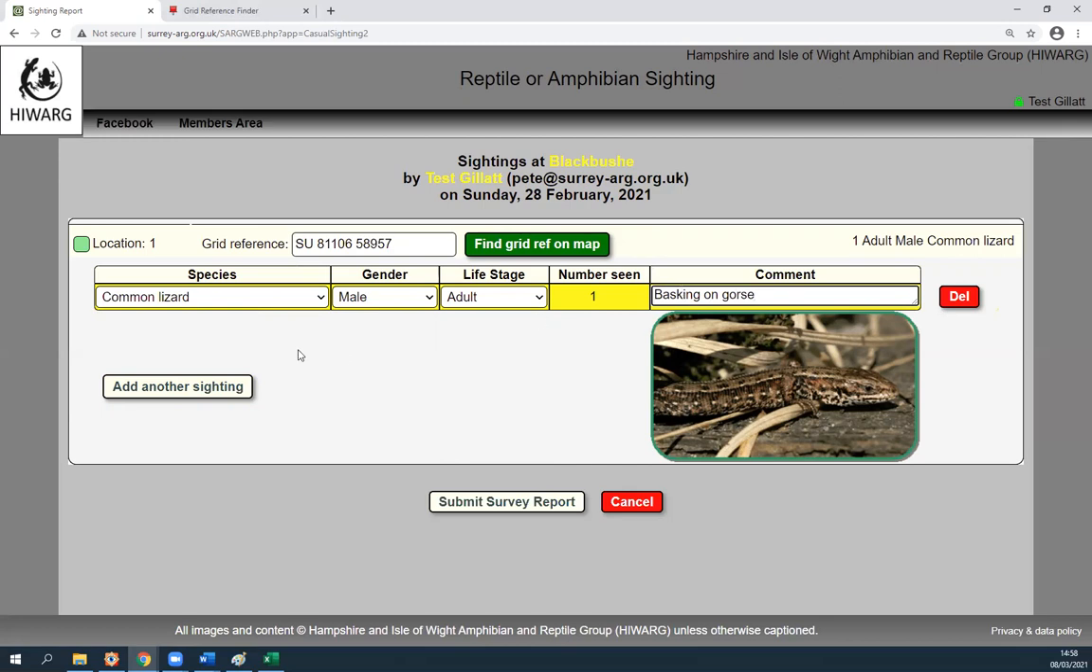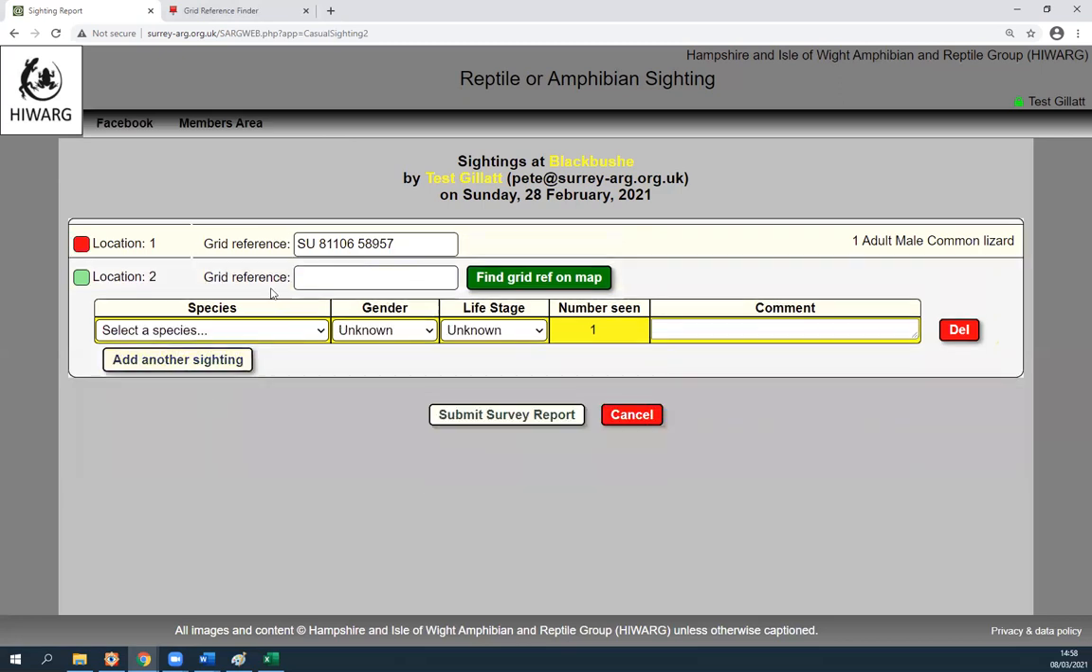Very, very easy. If I want to add another sighting, I simply click on Add Another Sighting, opens up another line. It's going to ask for that particular sighting's grid reference once again. Here again, remember, we're not talking about refugia or TIN numbers or anything. These are strictly casual sightings. So I need to put a